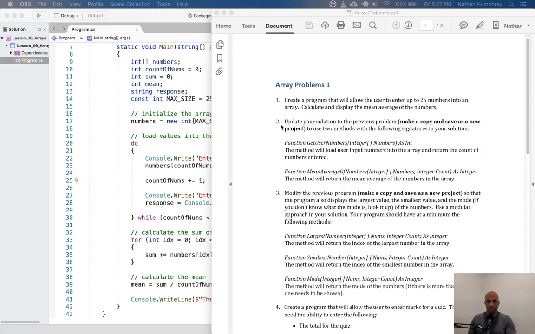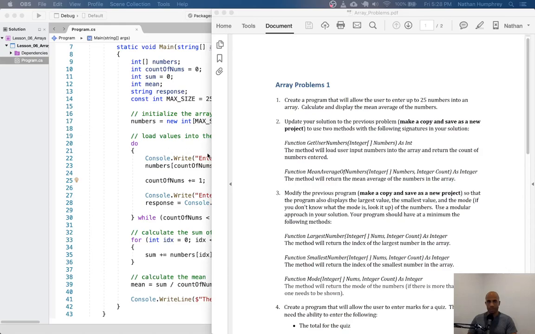tasked with introducing a couple of methods basically to do the same work, but just demonstrating how we can modularize a solution that still makes use of arrays, and also demonstrates how arrays, being reference types, behave a little bit differently than our typical value types that we worked with to this point with methods. So without, again, wasting too much time going over the details, we'll just walk through the implementation, and then we can use the debugger in Visual Studio to walk through the code and see exactly how the different pieces are